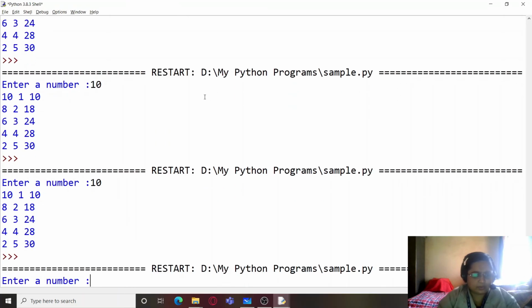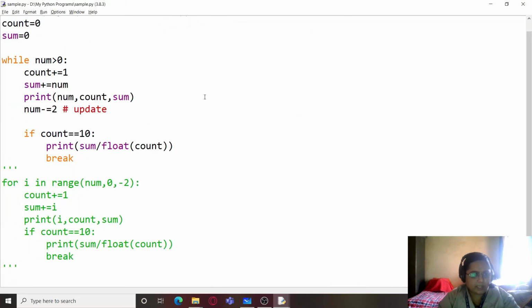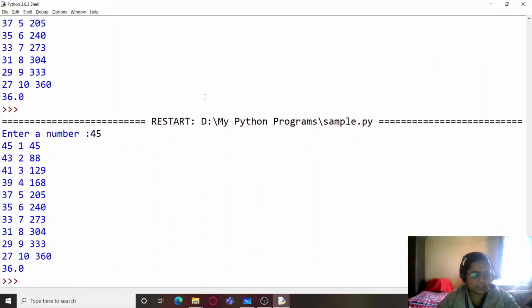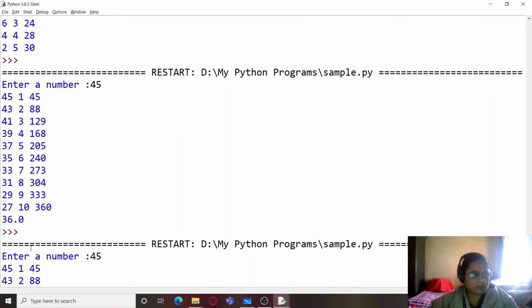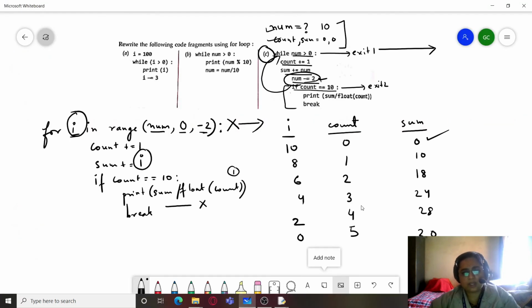So we are just going to enter 45, and you can see the last value is 36.0, and I'm just going to hide this and we will see it. And here also I'm going to enter 45 and last value is 36.0. And the values are also the same. As you can see, the table of values is also the same. So this is how we are going to change it.